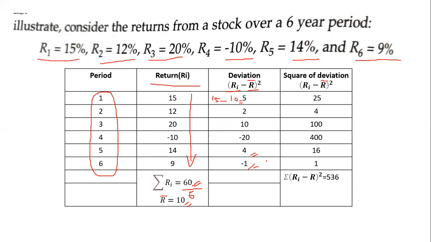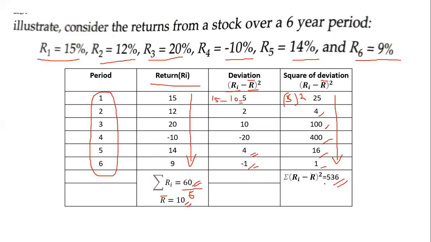Now, moving on with the deviation, we have to square it, to get the square of the deviation, Ri minus R bar whole square. We have already done the deviation, that is here, so here we are just squaring it. If we square it, 5 squared will be 25. For 2 we get 4, and for 10 we get 100. Squaring 20 we get 400, for 4 we get 16, and for minus 1 we get 1. Adding together all the values here, with the summation,